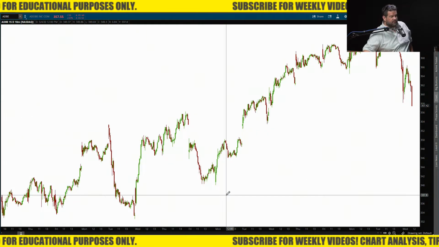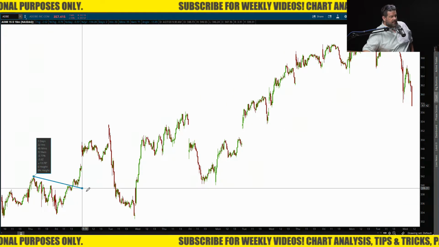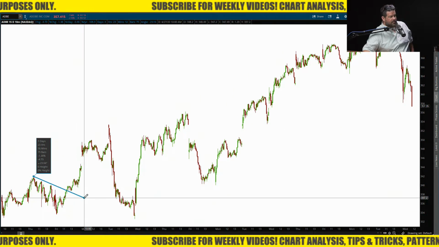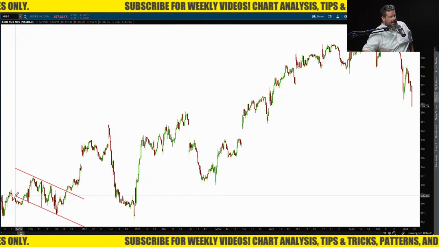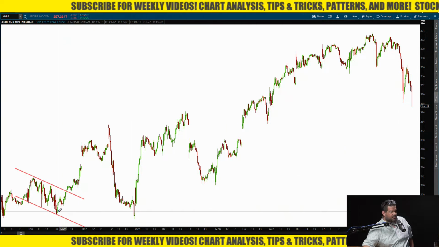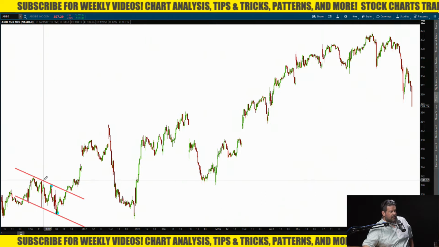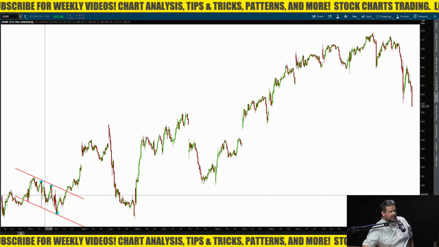Today we're going to be looking at the birth of trendlines, and this is Adobe. I used to be a trend trader, and basically what that meant was I would draw a channel and I would buy off of support. Anytime it would come down to support, I would buy. Anytime it would hit resistance, I would sell, or I would sell on resistance, and then I would close the